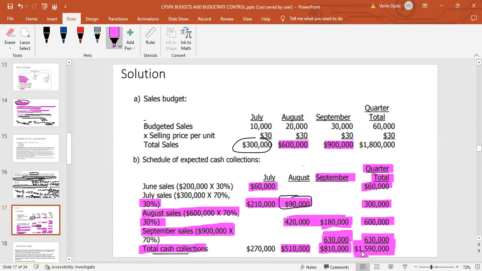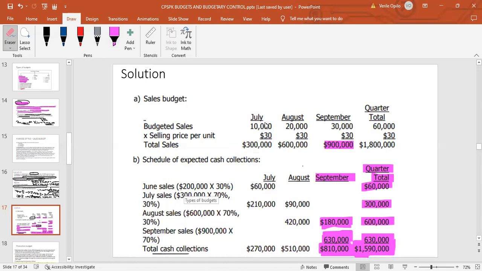1.59 million. Or alternatively, we can add the cash collections for July, August, and September of 210,500 and 270,510,000, and then plus 810,000. That should give us a total of 1.59 million. So that is how we can prepare the sales budget as well as the expected cash flows from